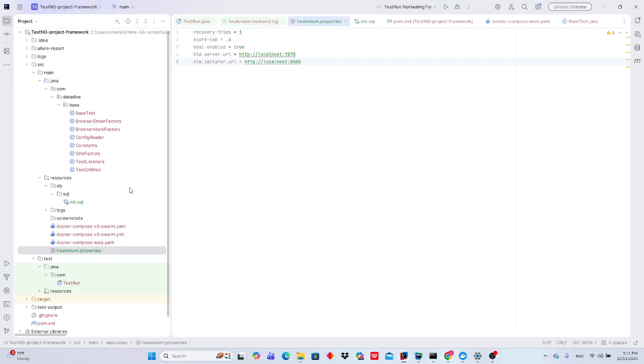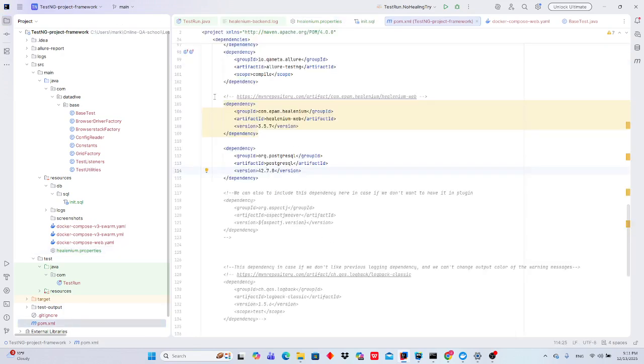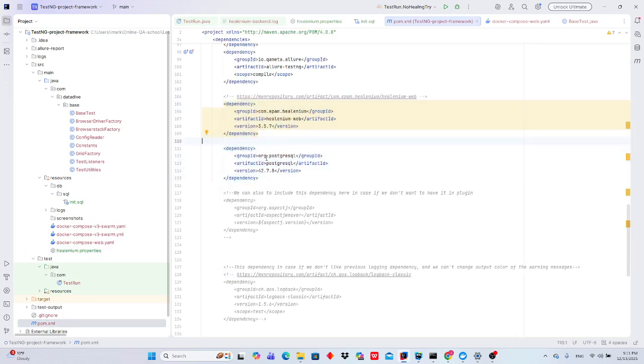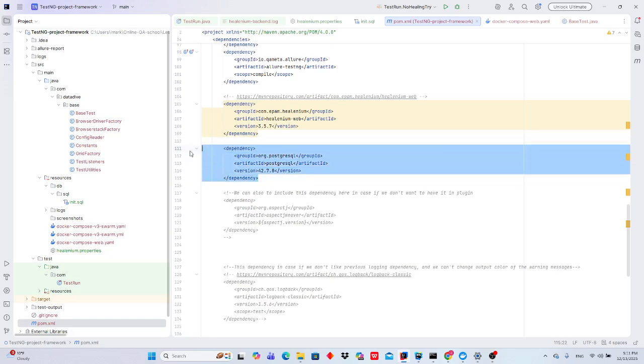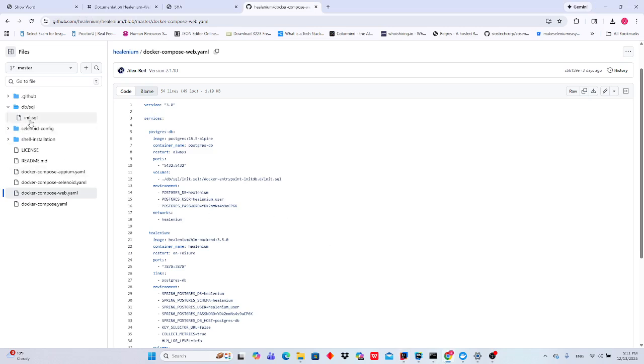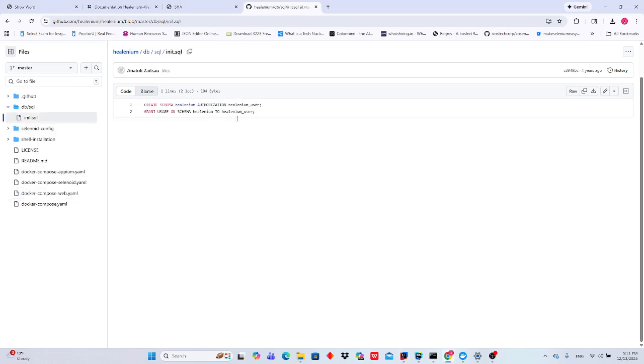I created the Maven Java TestNG framework, and in my pom.xml file you can find two repos. The first one is Healenium, the second one is PostgreSQL. We'll need that as well because Healenium saves the identifiers of the web elements into its database. We will also need this file in our project. So when we run our containers,